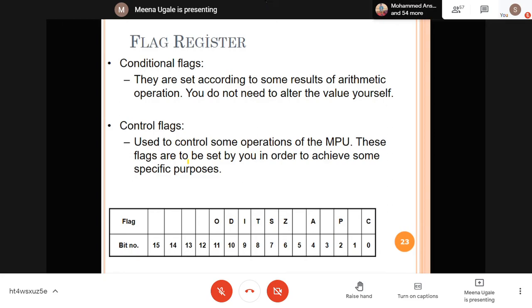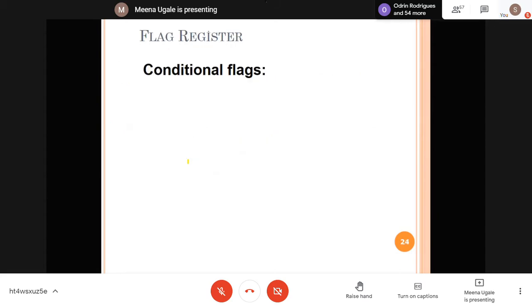These flags are to be set by you in order to achieve some specific purposes. That's why it is known as control. I want to control some operation of the microprocessor through a program, so I'll write some instructions which will control those flag bits. That's why it is known as a control bit. Which are various conditional bits.